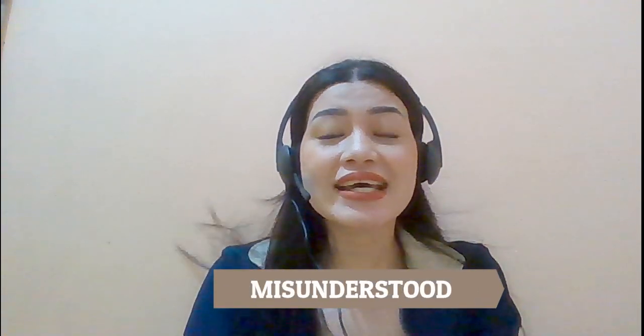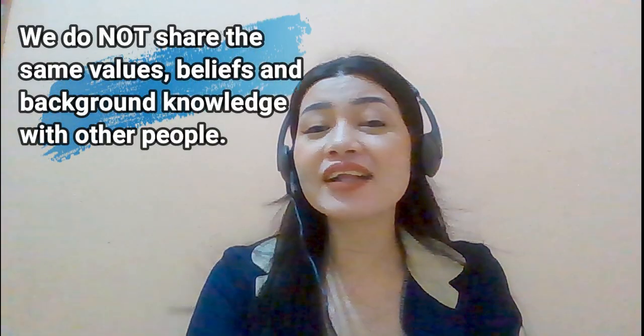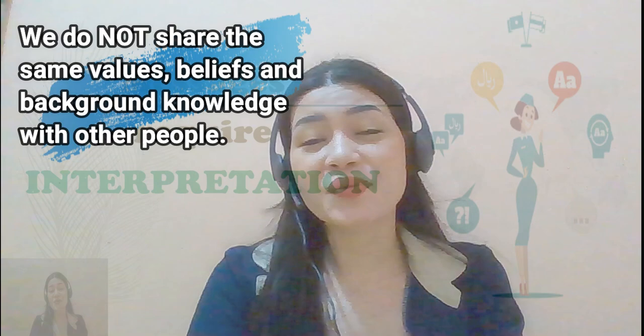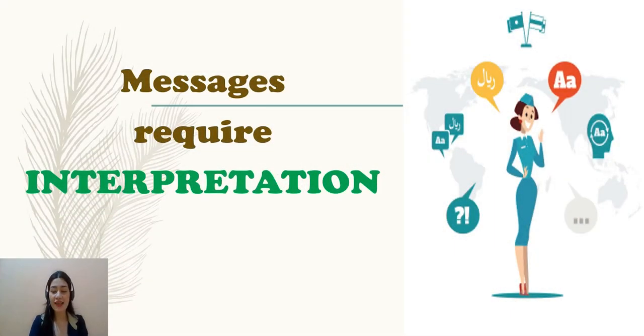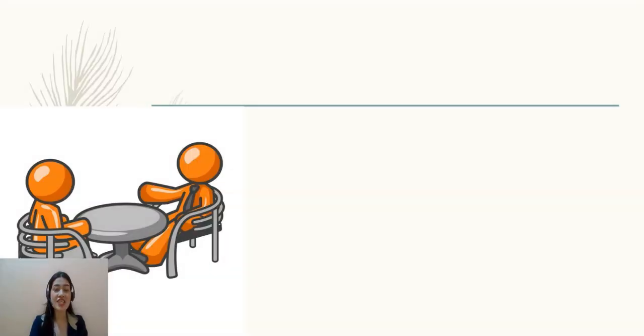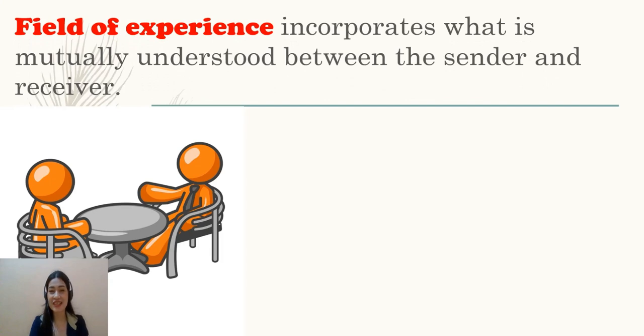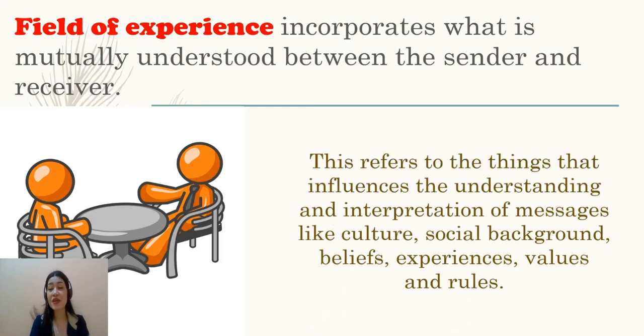However, a lot of messages can be misunderstood, especially if we do not share the same values, beliefs, and background knowledge with other people. That is why, in Oscar Graham's model of communication, it includes the element of field of experience. This incorporates what is mutually understood between the sender and receiver. This refers to the things that influence the understanding and interpretation of messages like culture, social background, beliefs, experiences, values,